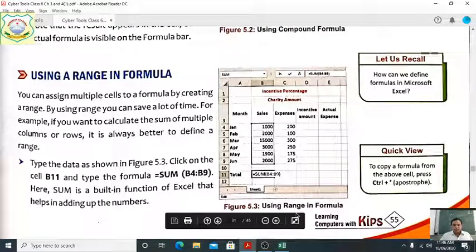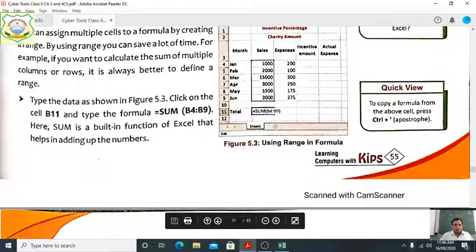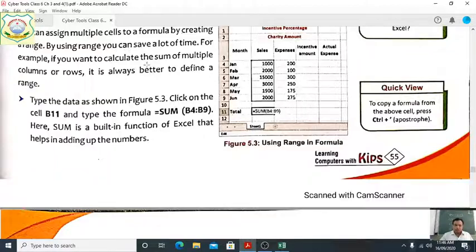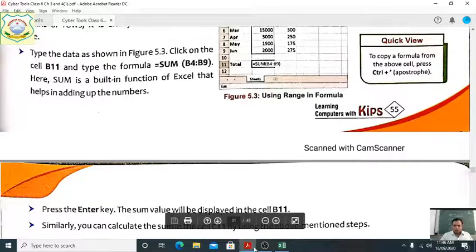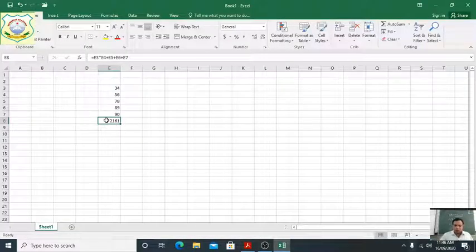Next is using a range formula. Range shows that we can assign multiple cells to a formula by creating a range. By using a range, we can save a lot of time. For a range, we use the sum function. With the same question, if you want to add, we used the basic formula, now we want to use the sum function.